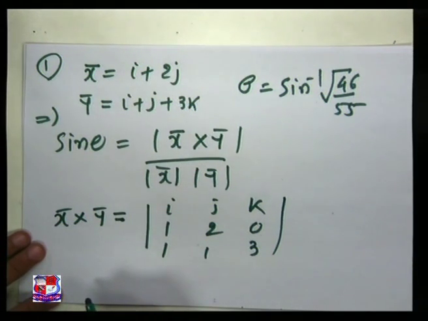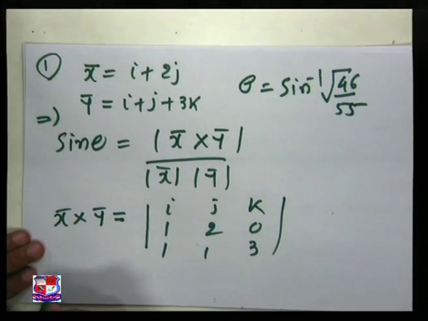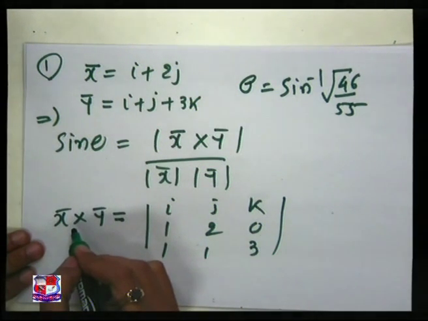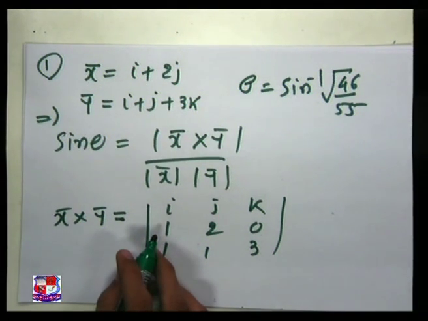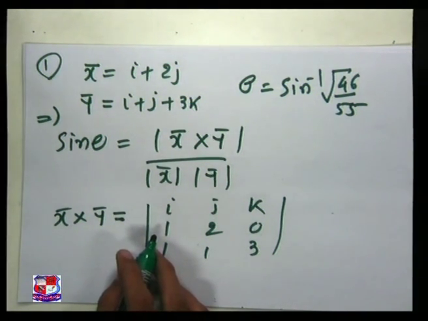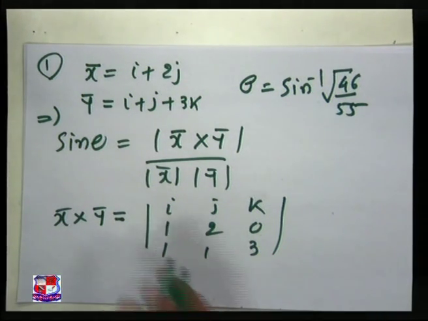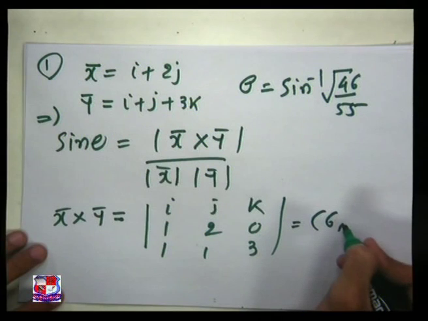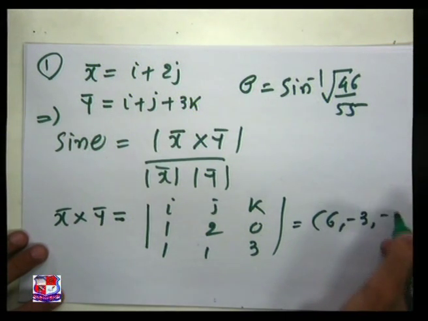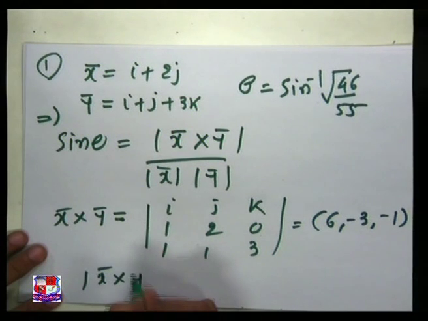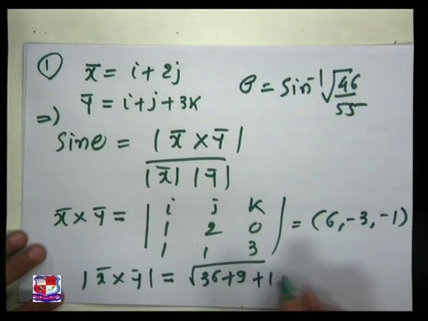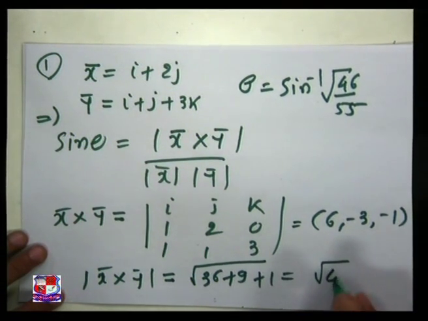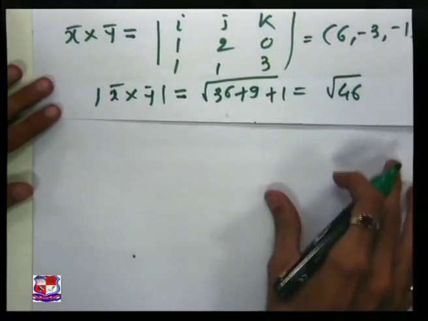So you can find x bar cross y bar, and from here you can also find the modulus of x bar cross y bar. So from here I will directly write down the value of x bar cross y bar, which is equal to 6, minus 3, minus 1, and modulus of x bar cross y bar is equal to root of 36 plus 9 plus 1, that is equal to root 46, and for x bar